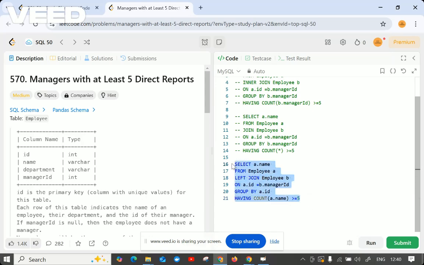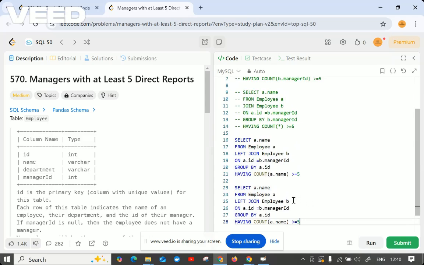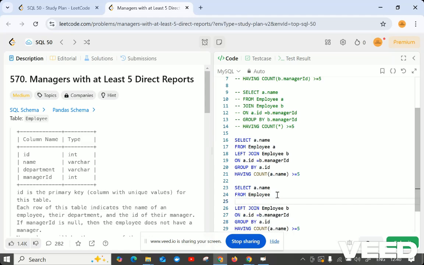Let me have another case: by using a where condition we can also achieve this. Let me see how we can write it. Selecting name from the employee table only. Here itself we can have a where condition, where ID should be in the subquery which we will be selecting, like count is greater than 5.